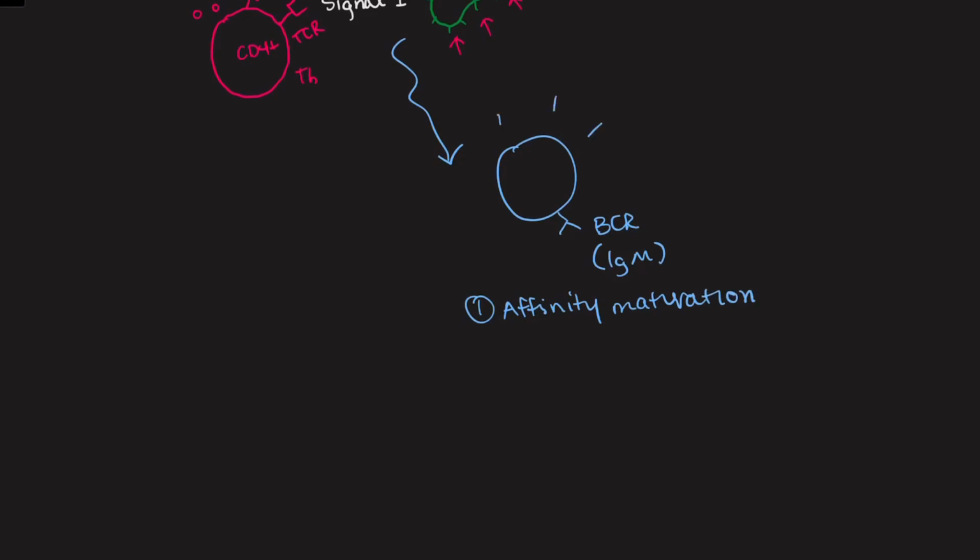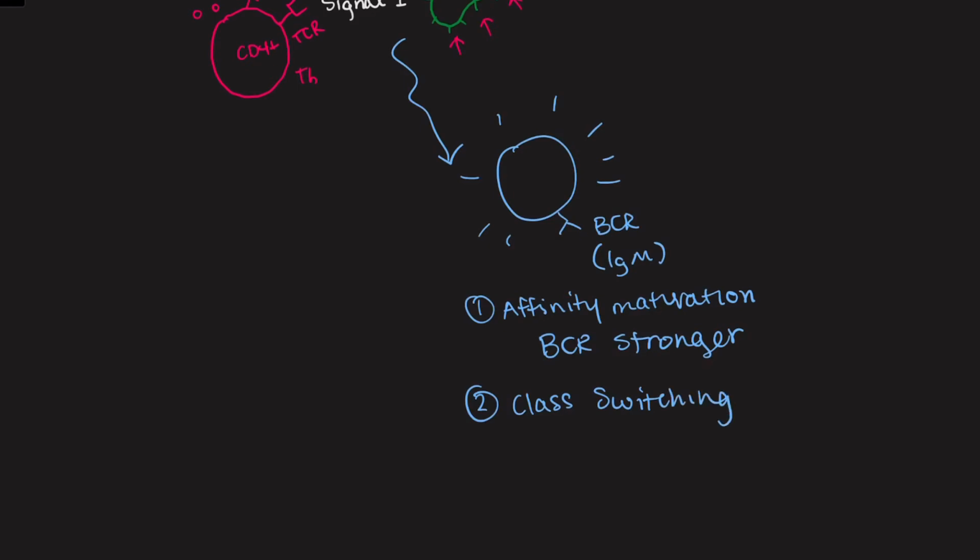And our B cell's activated, right? Once the B cell goes through affinity maturation, which essentially just makes the BCR stronger, we're just trying to make that B cell receptor stronger, more specific, and better for this specific pathogen that we're working with. And then once it goes through that, it goes through class switching,